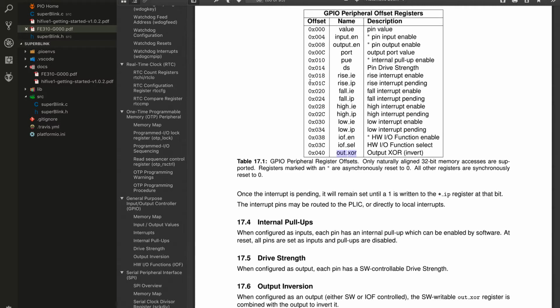And then, as I said, we're going to invert the default values by using XOR. So the thing that's sometimes confusing to understand is we have all of these register addresses, all of these addresses that we can read and write to. But what do they mean? What happens is that these are all 32-bit addresses, and every one of them represents a bit or a pin on the board. So bit 0 is pin 0, bit 1 is pin 1, and so on and so forth. And that's how we're able to talk to the different pins, by writing to the right place.